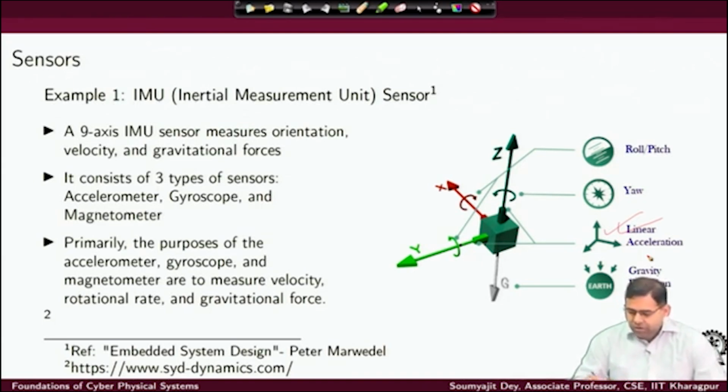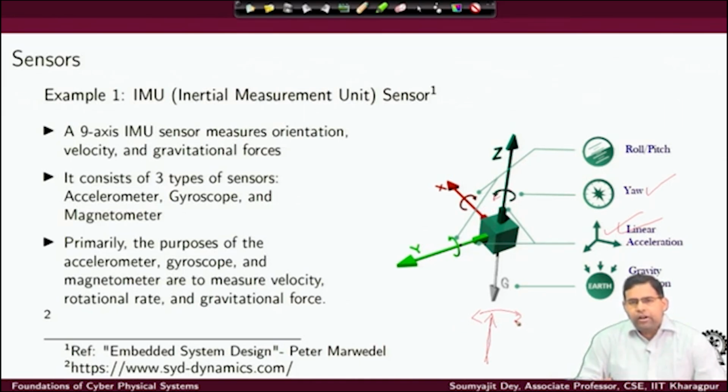One is what we call yaw. So, what is yaw? Suppose you have something moving forward in a specific direction, and you are not only interested in this linear acceleration, you also want to move sideways, this way or this way. This is what we call a yaw movement. If this is your x direction, then around the z axis you see the system is rotating. If I do that, then my system along the x axis is moving to the left or the right.